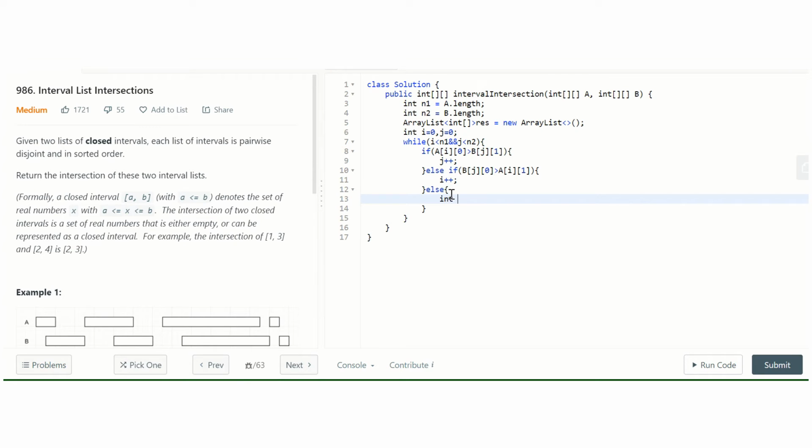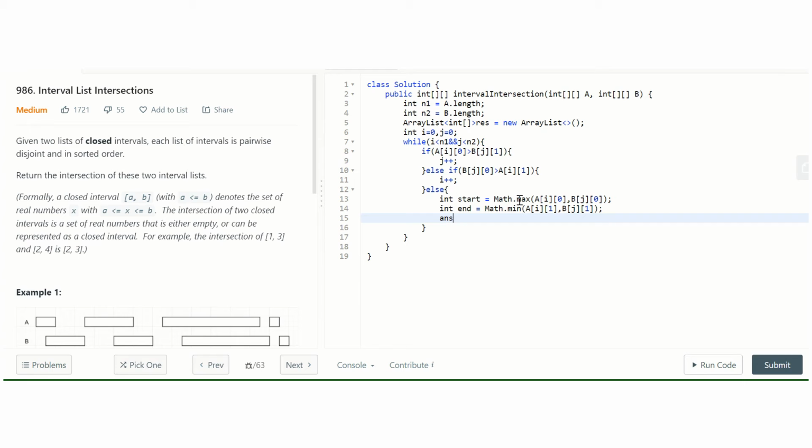So we'll calculate where this interval starts, which is going to be math dot max of a[i][0] and b[j][0], and the end is int end equal to math dot min of a[i][1] and b[j][1].